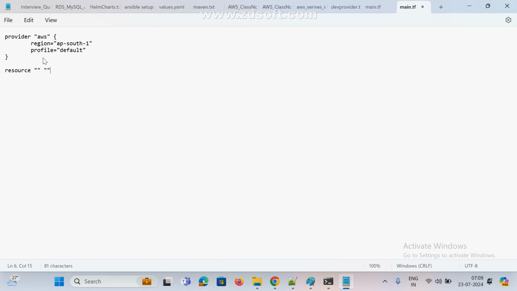Now I'm going to add one VPC, or whatever instance, resource: resource type and local name. This is the syntax. First, you need to understand how it is written. aws_vpc, correct.